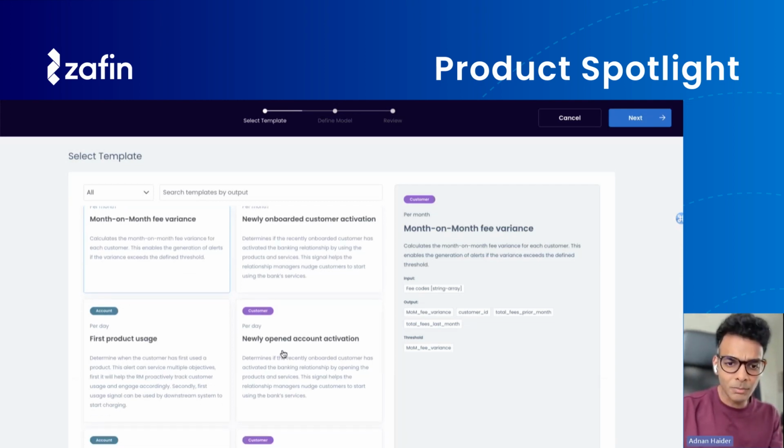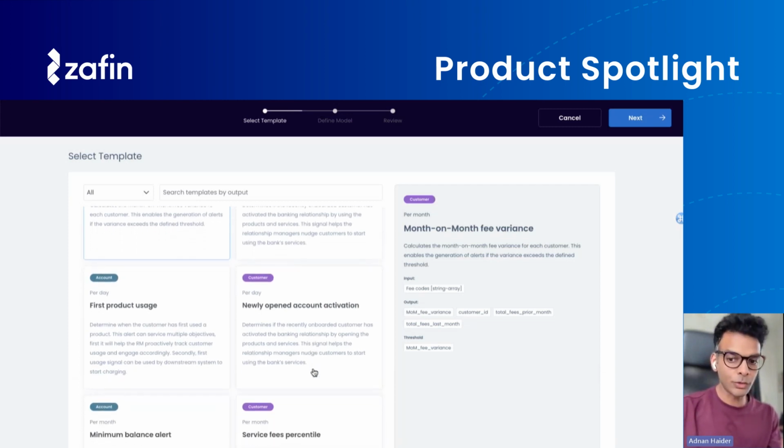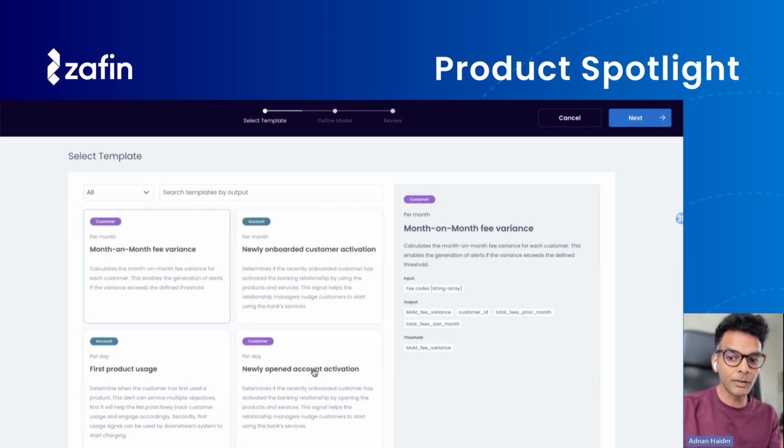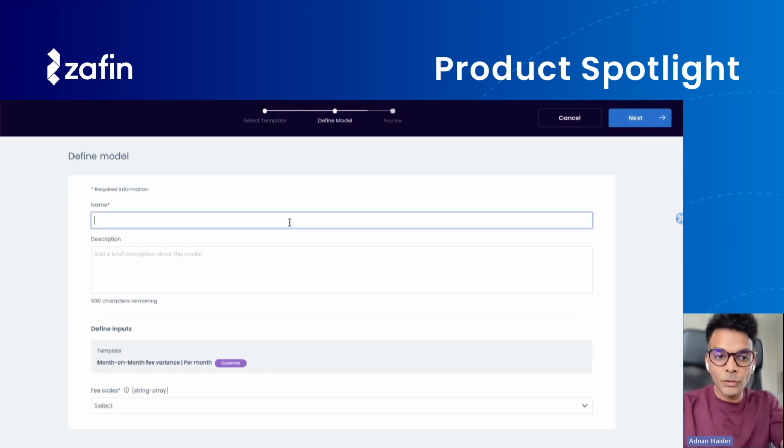Another example can be a new account activation. This is to identify cases in which a customer has opened the account but has not activated the account, and so on and so forth. There are other models that we've implemented on offer expiry and other aspects of regulatory reporting. Now in this case, let's go with the month-on-month fee variance. We click on that. Let's say that this is what we want to activate, because we want to generate fee variances,